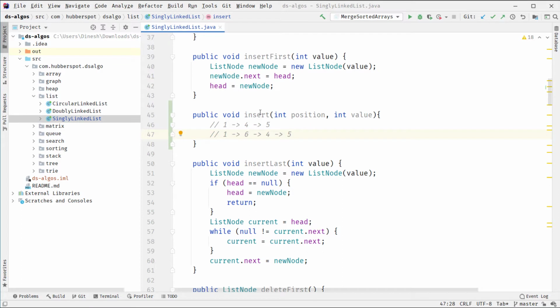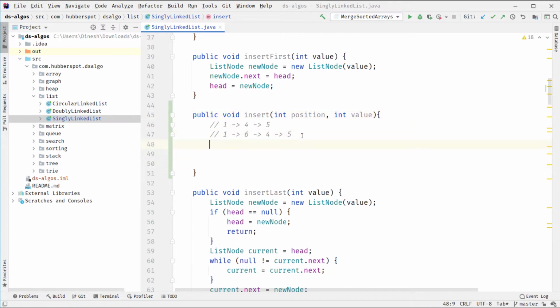So this method will perform 3 cases. If position is 1, it will insert at the beginning of the singly linked list, and it will also insert in between or at the end of the singly linked list. So let's see the code for that. So assuming the position to be a valid position,